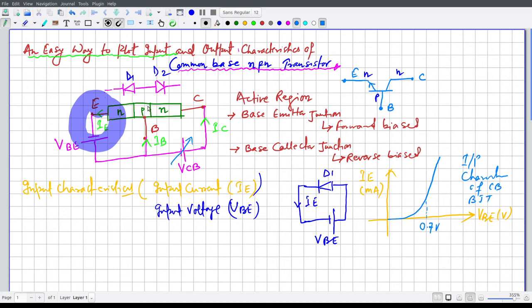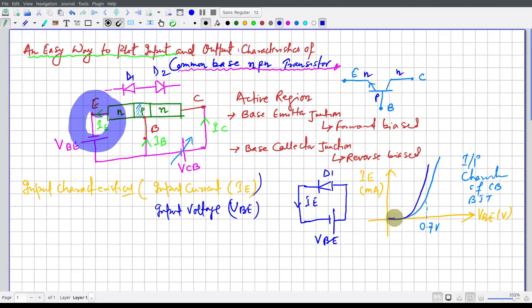Okay, so in the next video I will try to cover the early voltage. So the effective base width will decrease. This width is somehow decreased, and the effective base width decreases, and the recombination will be much faster. Recombination will be done in this small region, and that will cause a large number of emitter currents. So even if we increase the VCB, the higher value of VCB, the curve will be like that.